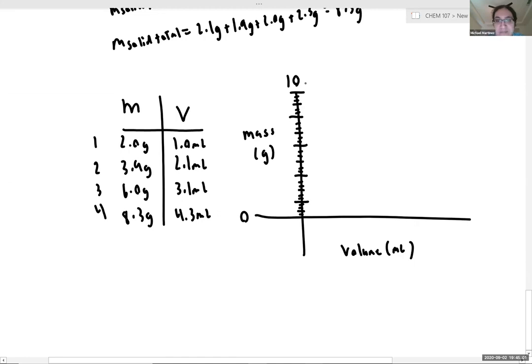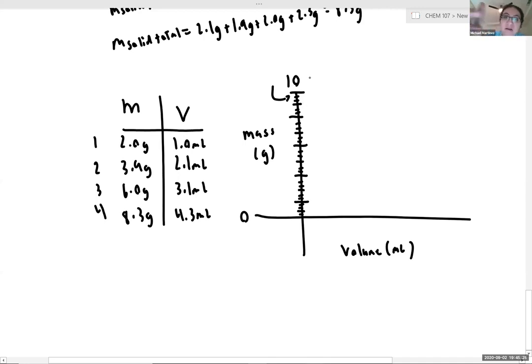Okay. So looking at this, this is just an approximate example here. Each of these little tick marks,